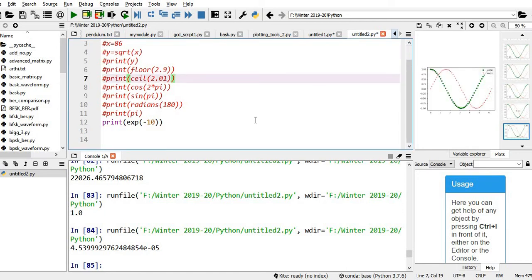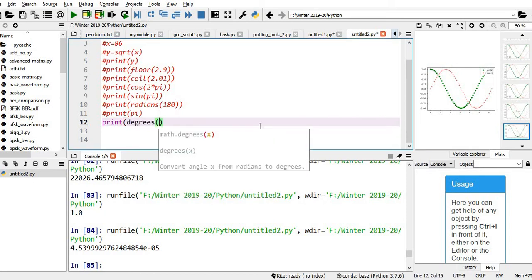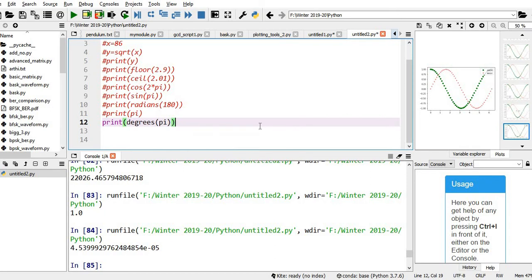Print degrees. I need to feed the information in terms of radians. So we'll check. It is giving 180 degree. For 2 pi it is 360. For pi by 2 it should give 90.